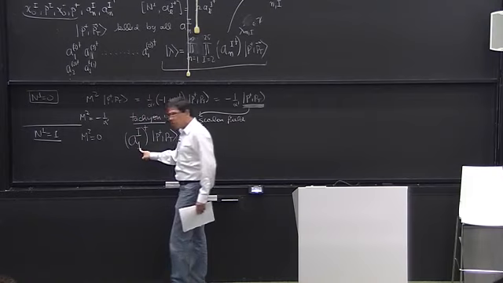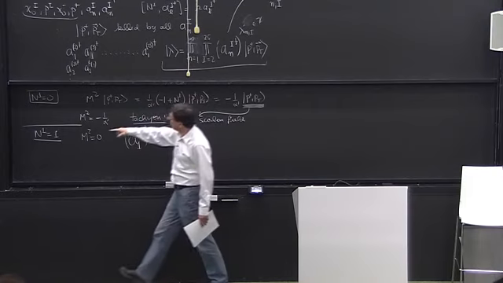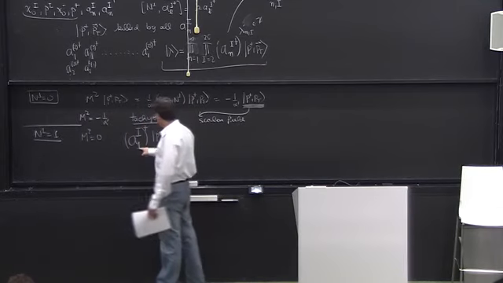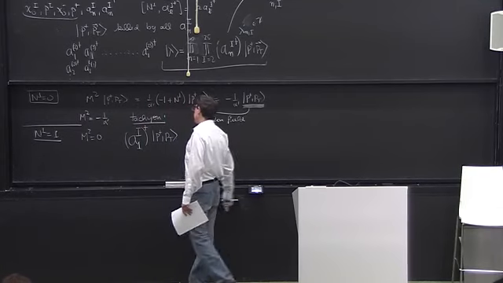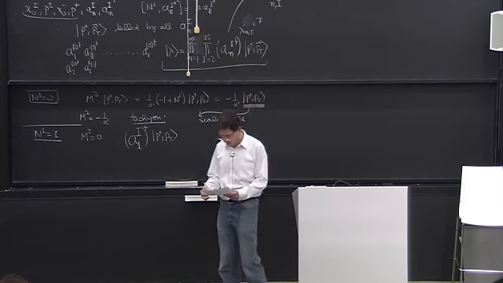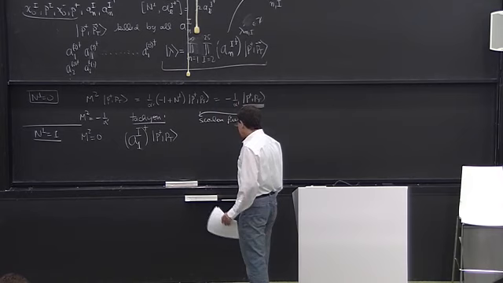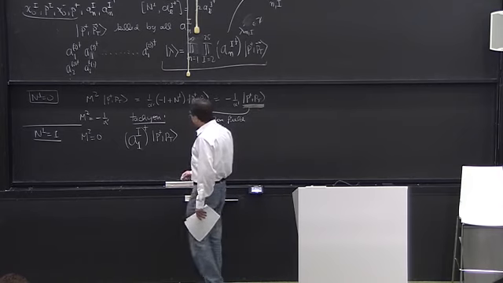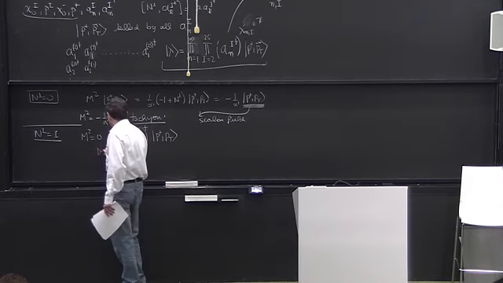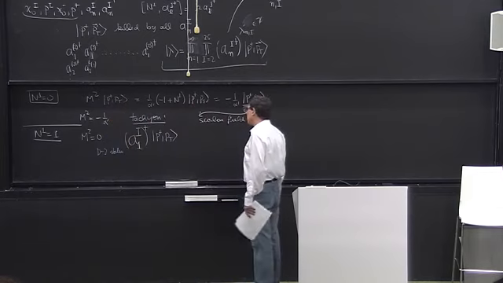I can only act with this one, and I can only act once, because otherwise I get too much n perp. N perp here gives you 1, and therefore these are the states that have 0 mass squared. And what are these states? There are d minus 2 of these,